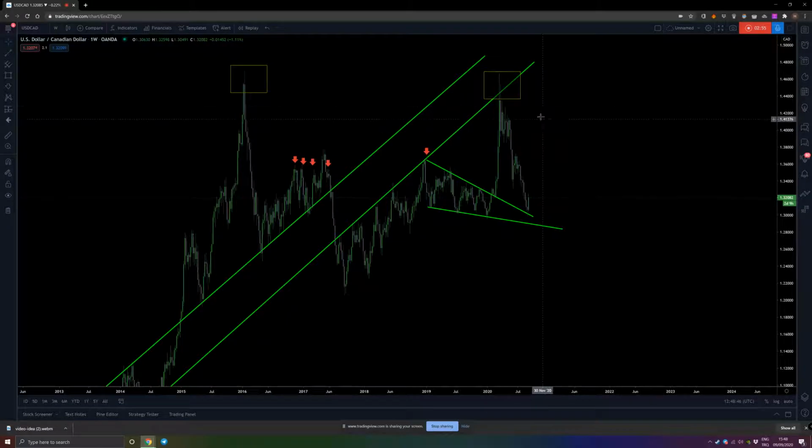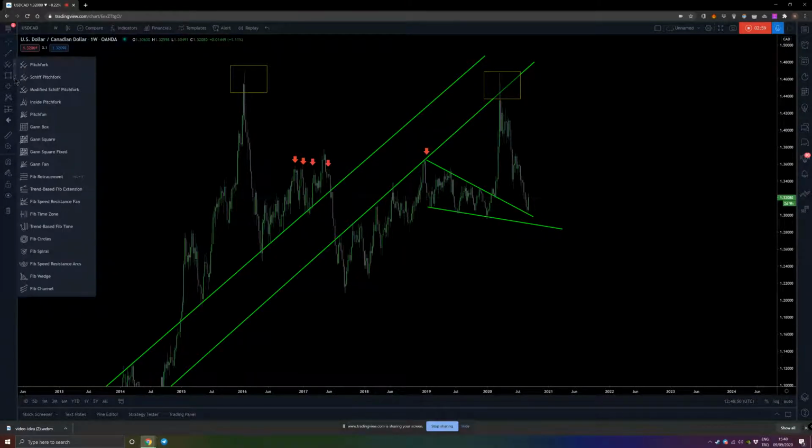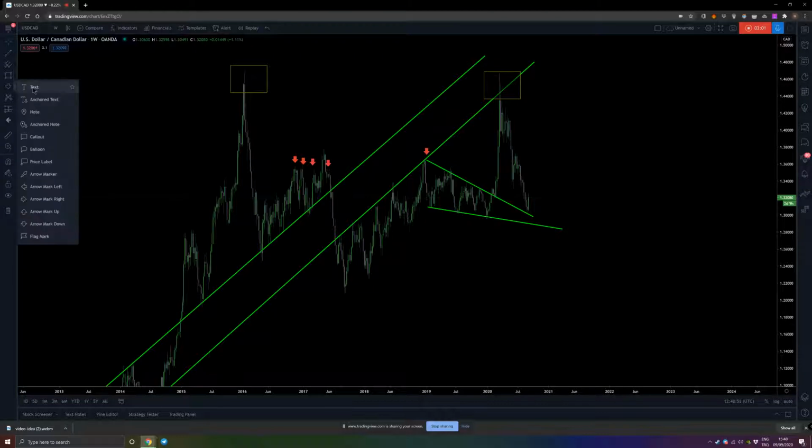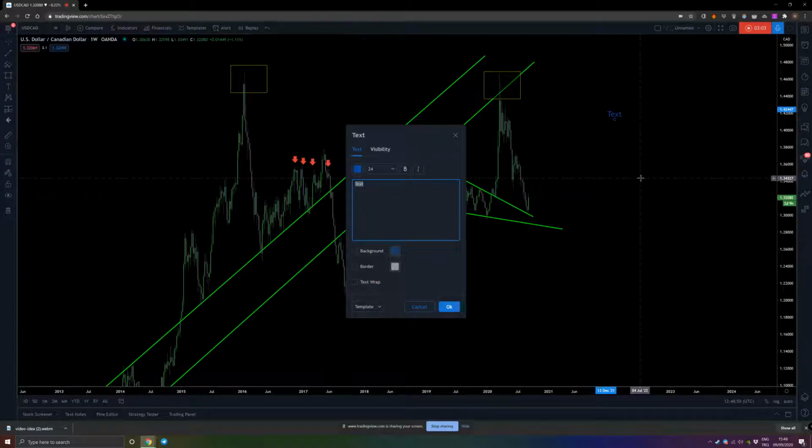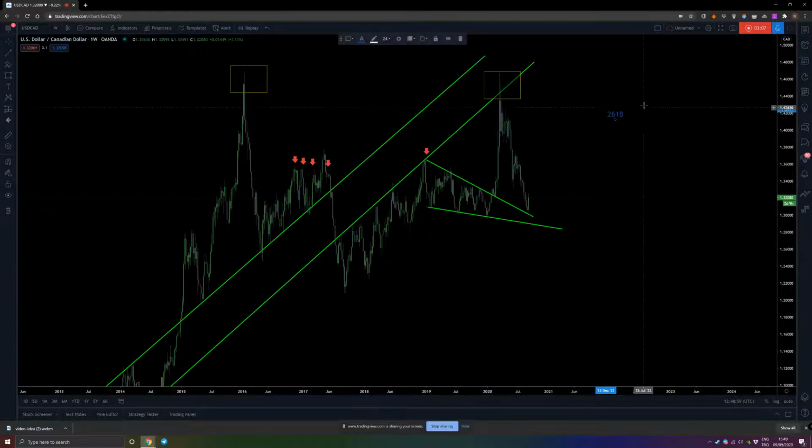And what you may want to do is trade a pattern called 2618. Okay. Now, after this retracement, if we start to have a retracement to the 618, okay, you may try